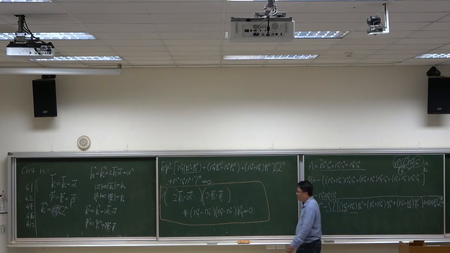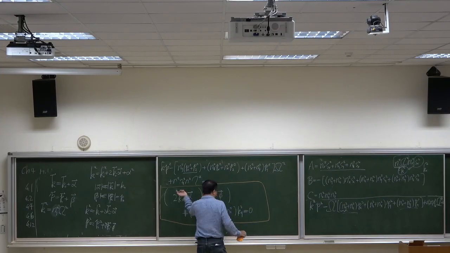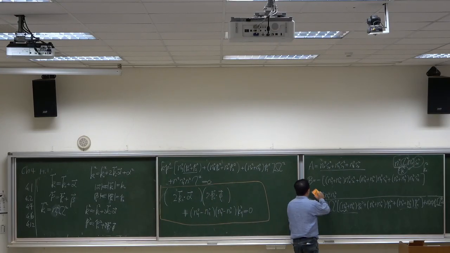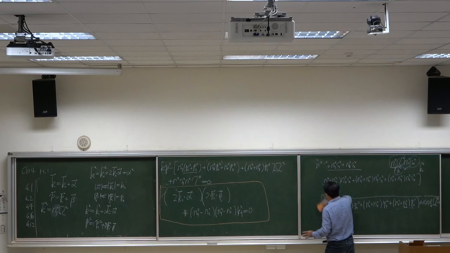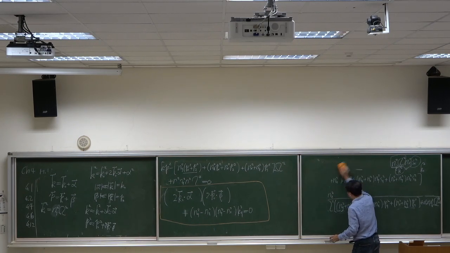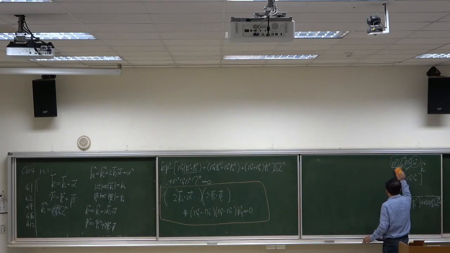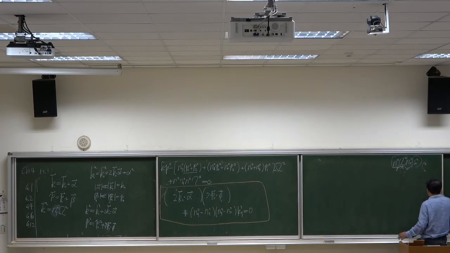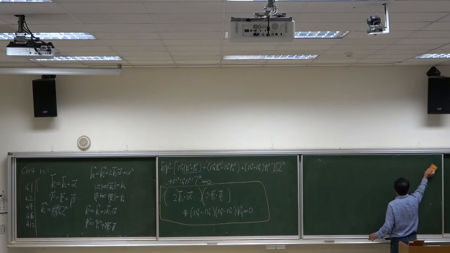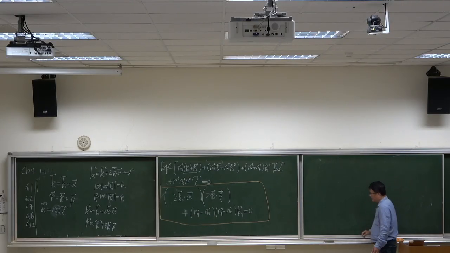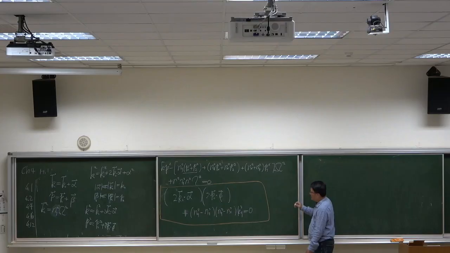And if we now rewrite them in terms of the original K naught, then what is the result? Then this means that we have 4